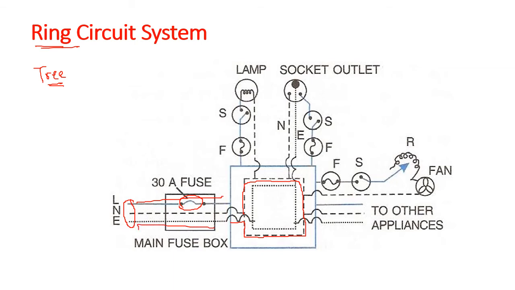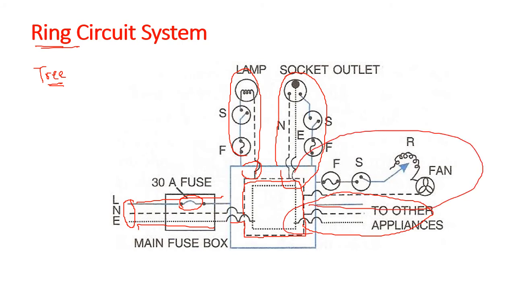Now from this ring, in whichever room you want, you can draw all your circuits. Wherever you want the current, you can draw from this central ring. So there is a central ring from which you draw, in parallel, all the appliances you want. So this is called which circuit? A ring circuit. You make a ring of the main wires and from there you draw whatever appliance you want.